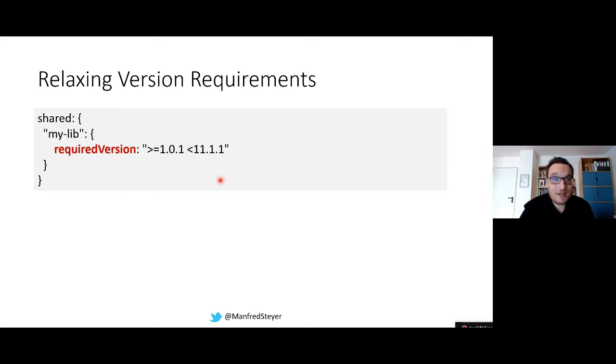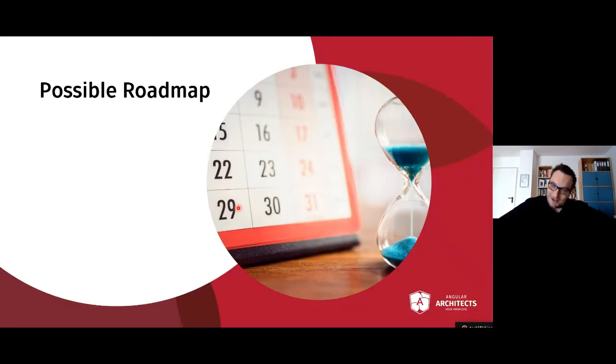And this is how you can relax the required version. You can say, well, normally I need version 10, but I know I can also work with everything between version 1.1 and everything that is lower than 11.1.1. That's possible, just provide a Boolean expression. Okay, that's really nice if you ask me, because it solves a lot of those issues you have when it comes to providing separately compiled stuff that needs to be loaded in your shell at runtime.